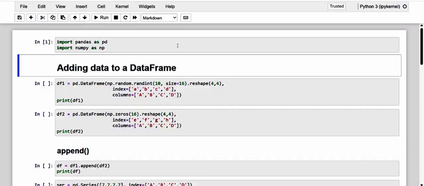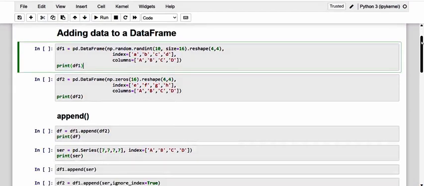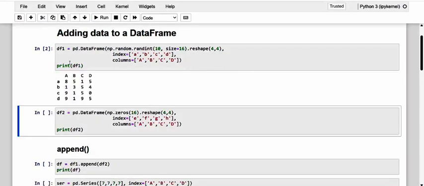Let us create some sample data frames that we will use to make examples with these methods. And here it is, dear friends, the data frame 1. Of course, we have seen and discussed a lot related to this. We are just going to create a random 4 by 4 matrix. And here it is, our data frame 1.